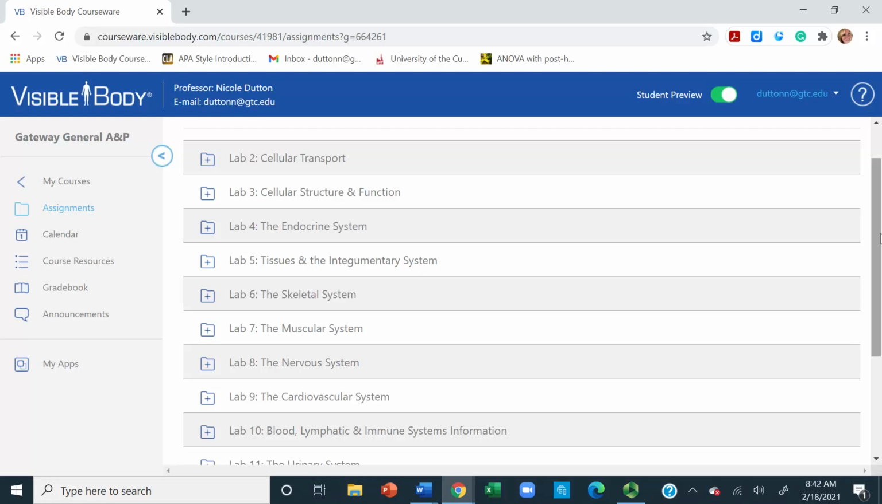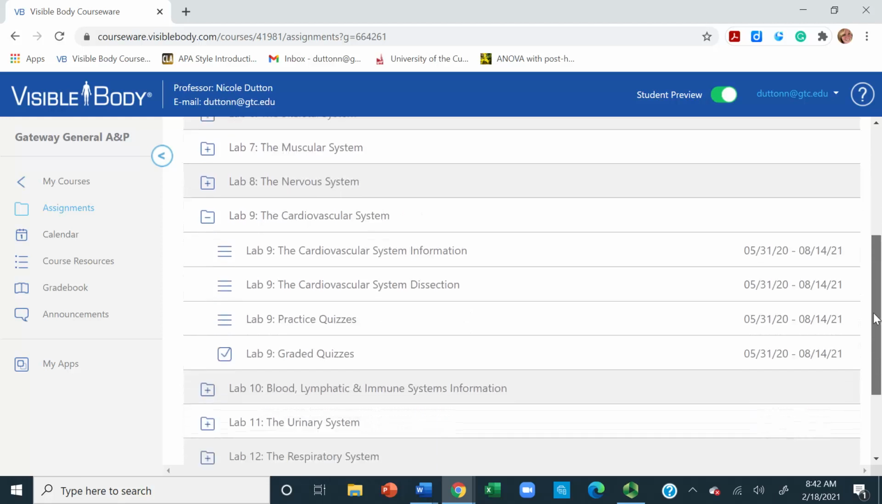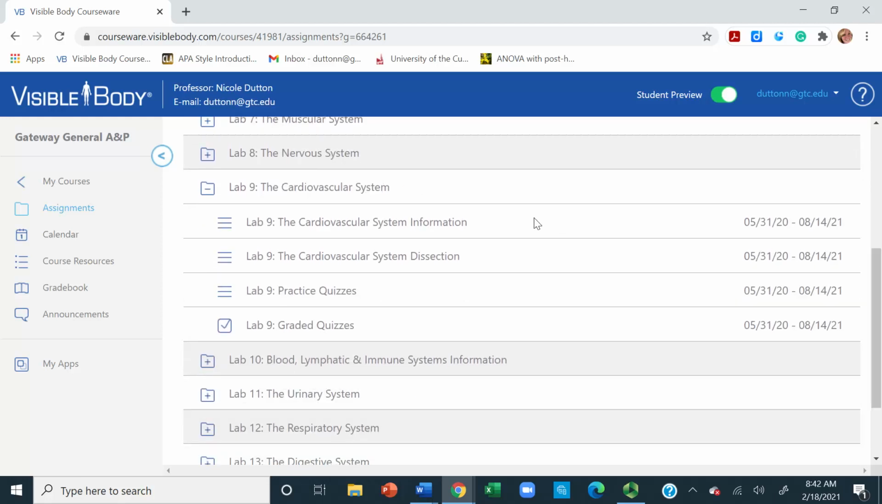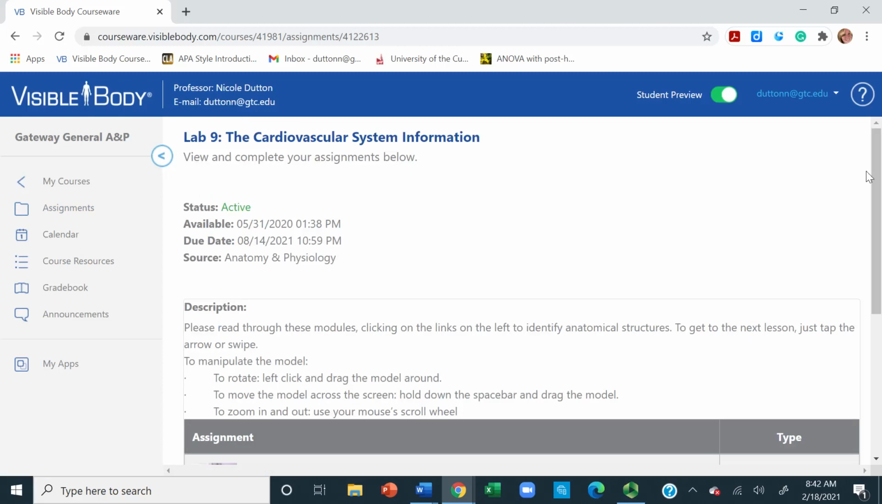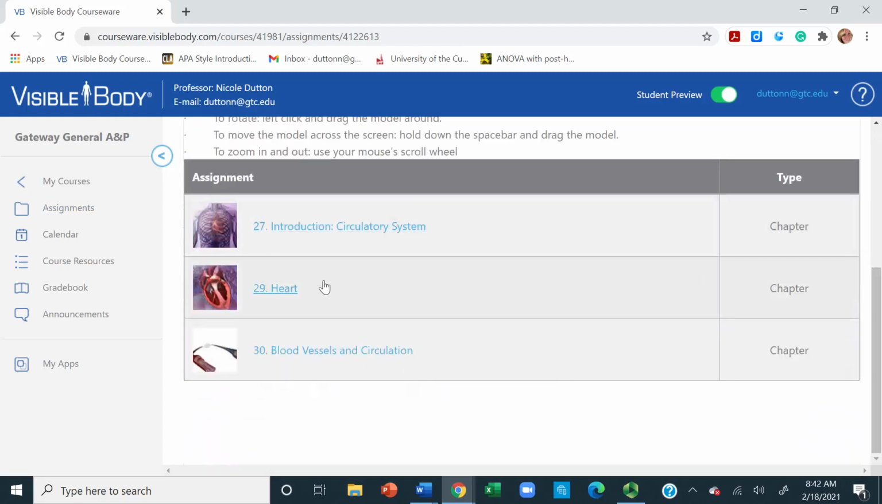So when you look at Visible Body, you can see it's broken down by organ system, which corresponds to all the different labs that we have in the course. I'm just going to look at one of the labs here. So we'll look at Lab 9, for example. Each lab is structured in a very similar way, where you have the information, the dissection, the practice quiz, and the graded quiz. When you click on the information, you're going to see sections, and these sections are like chapters